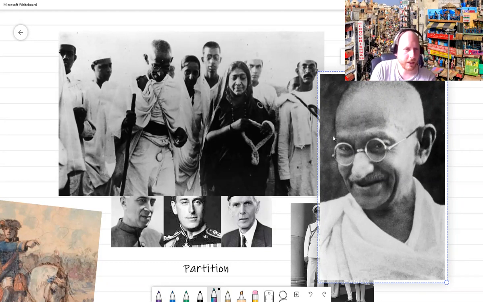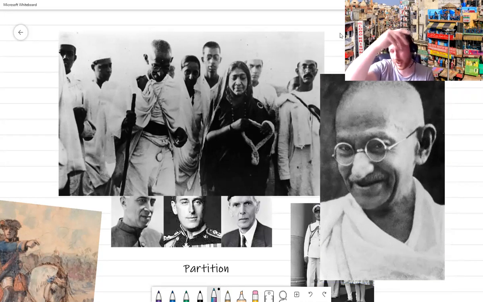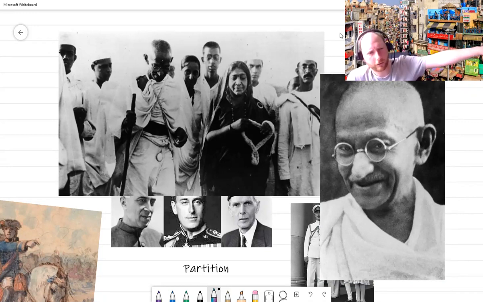Fingersnail asks, was he the one who did the Salt March? He is, and in fact this picture here is from the Salt March in 1930, I want to say 31, I think. He decides that he wants to protest against the British because the British say, you can only buy salt from us, and it's going to be expensive, and you've got to buy it from our shops with our British seal on it. You're not allowed to have your own salt.